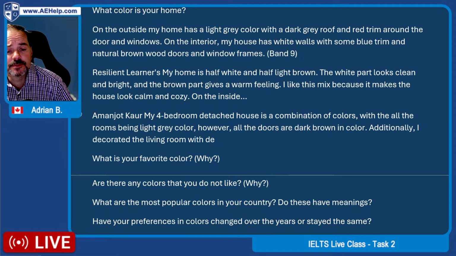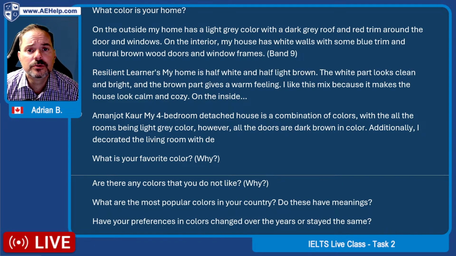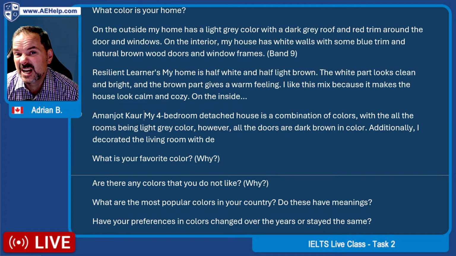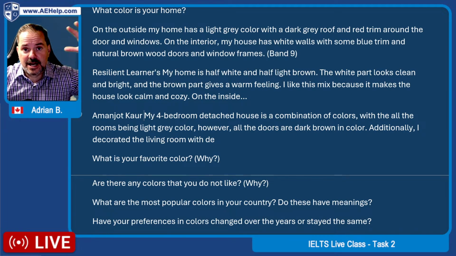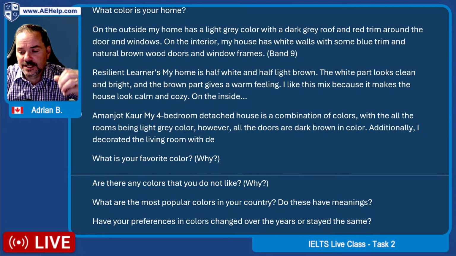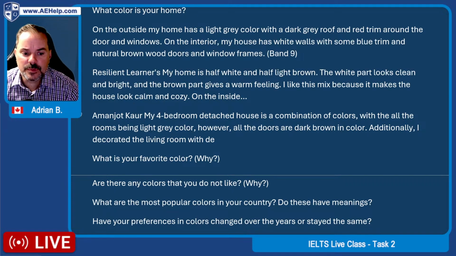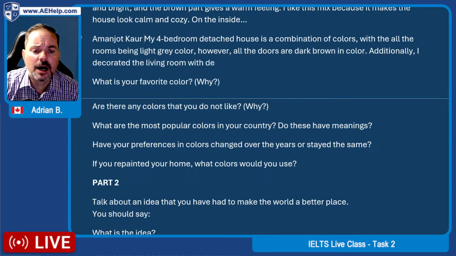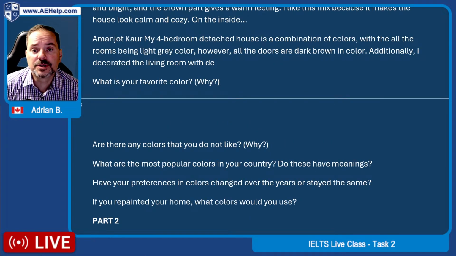Okay, good. There seems to be a little bit more there, which is great. Students, don't forget to include the outside, the exterior of your home. I'd love to see your house kind of from the outside and then move to the inside. That's really, really good. Let's try one more and then we'll switch to speaking with students.